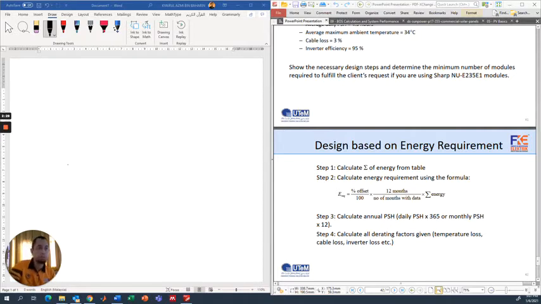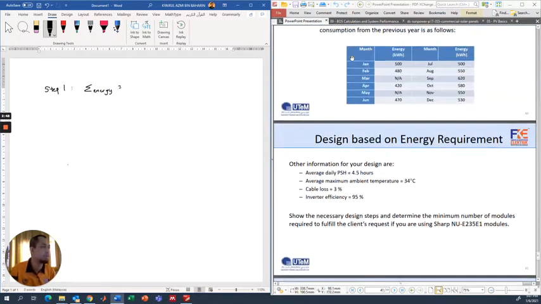So I am going to do the steps straight away here. Step number 1, we are summing all the energy. Alright. So based on this table, we sum all the available energy for each month, and from my calculation, I get the value as 5,200 kilowatt hour. And you can verify it on your own. And then step 2,